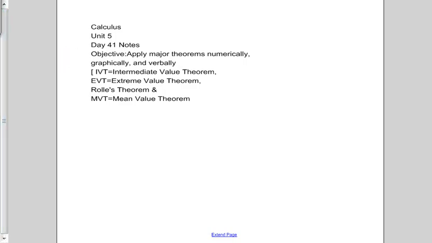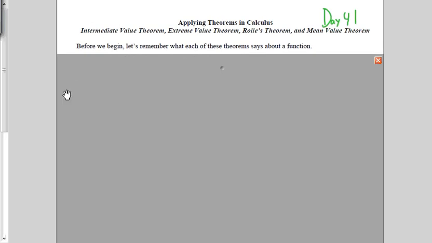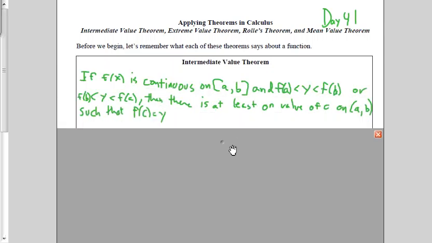We're going to take a look at these definitions, but then I also want to take a quick review graphically of what they mean. And then obviously some of the problems are going to, same thing, look at them numerically, graphically, and verbally. So applying theorems in calculus: intermediate value theorem, extreme value theorem, Rolle's theorem, and mean value theorem. So let's remember what each of these theorems says about a function, then we'll quickly sketch a graph of what